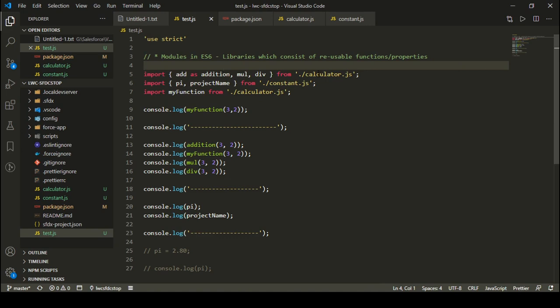Okay, so whenever next time, if you're working on Salesforce and you're working on LWC and you are seeing an import statement like this or like this, you can just assume in your mind that there is a module defined in the LWC framework, and it has some functions that you are calling out from there, right? And in case you are using an import statement like this, in that case there is a default function defined that you are importing. And in case you are using an import statement like this, in that case there is no particular default function defined, or it's possible that the methods or the variables that you are importing are not exported by default. Okay, so these are the different syntaxes of dealing with modules in JavaScript.